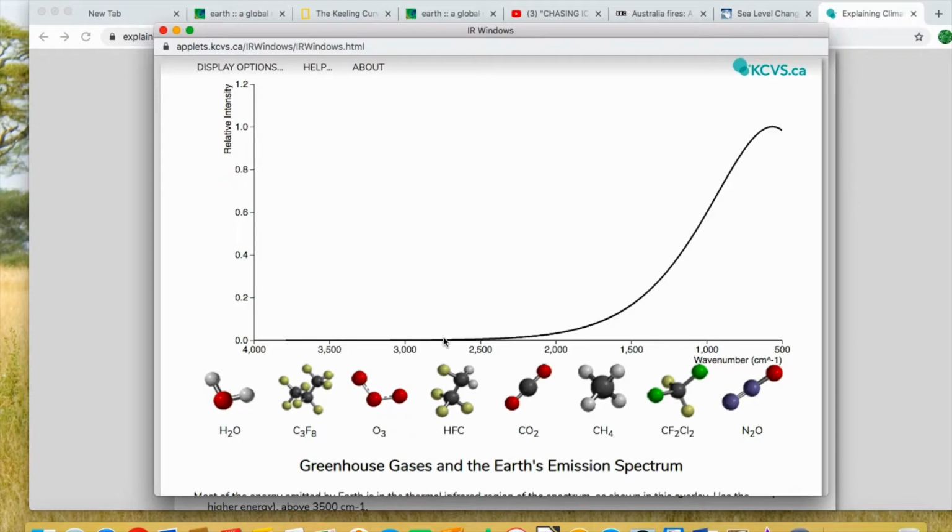But that's not what happens. Instead, yes, some of that radiation is absorbed by the Earth, but then the Earth re-radiates it. It re-radiates it as something called infrared radiation, which is the same kind of radiation that your wood stove will project towards you and make your face hot even if you're standing across the room. That's infrared radiation. What this shows right here is the different wavelengths of infrared radiation that the Earth